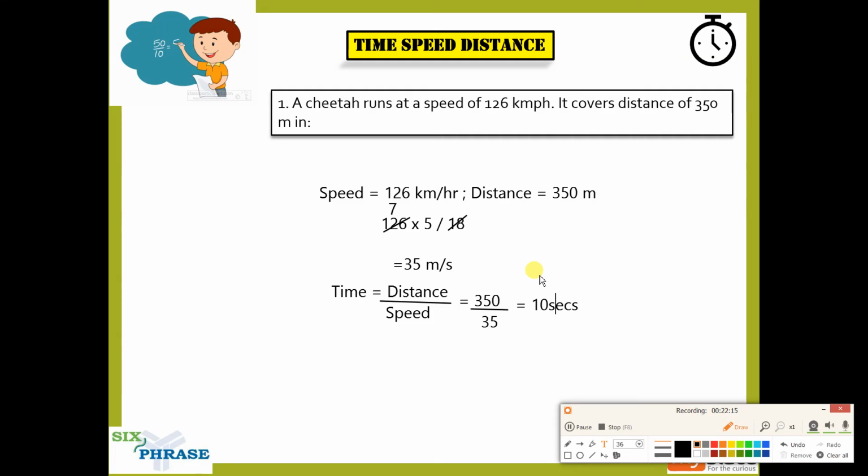When you convert, make sure that you watch your options. If the options are in seconds, there is no point in converting this to kilometers, because your answer will be in hours. So when your options are in seconds, convert kilometers per hour to meters per second so that you can get a direct answer. Even if you convert to kilometers, you will still get an answer in hours, and hours you can convert into seconds. It is not a problem, but this is an easier method. So watch for your options and then make the appropriate conversion.